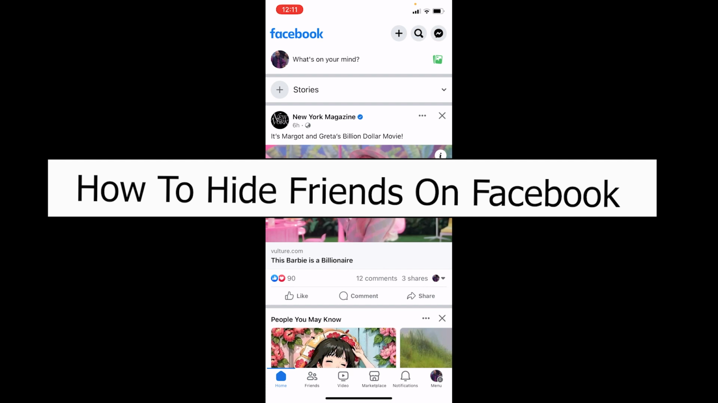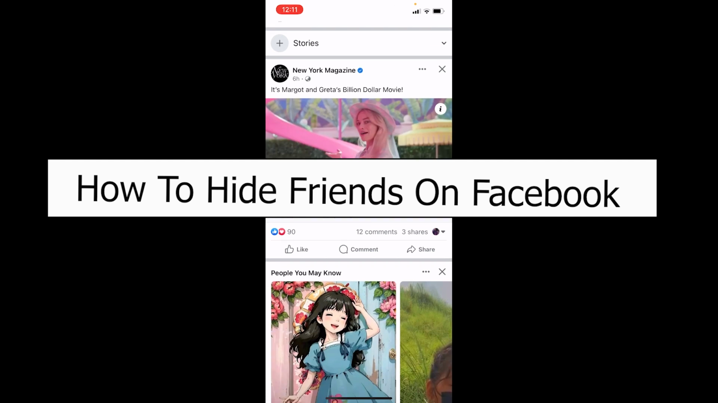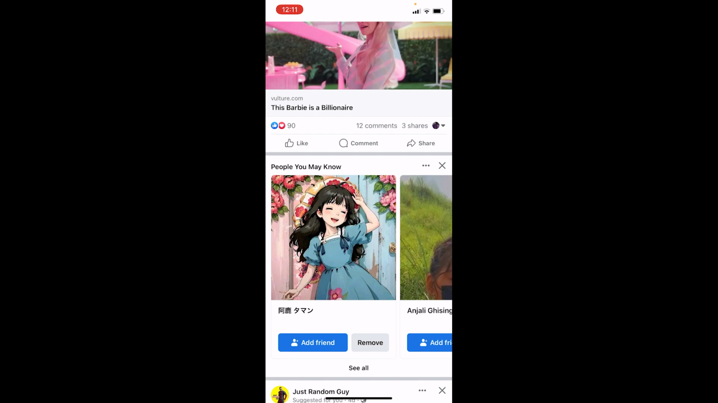how to hide your friends on Facebook. Now there's this option called hide friends. If you turn that on, then all the friends of your Facebook are going to be hidden and only you can see them. And before I show you the steps on how to do that,